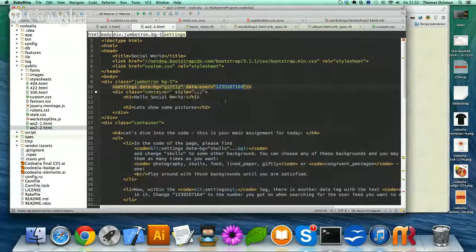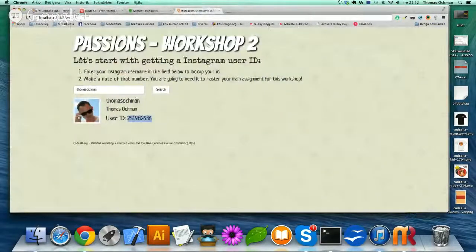You can do that in the browser developer console, actually. Yeah. Oh, you can do that? All right. Yeah. So okay, and then what you do is you go to the second